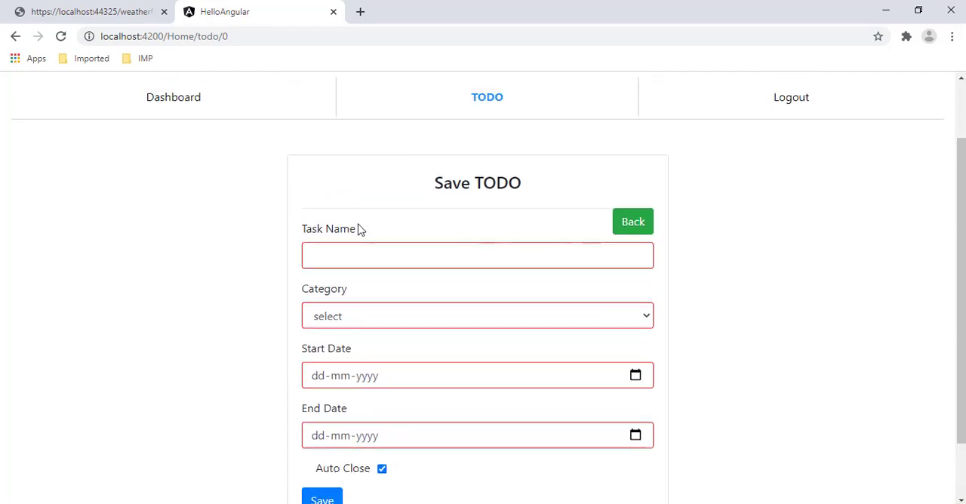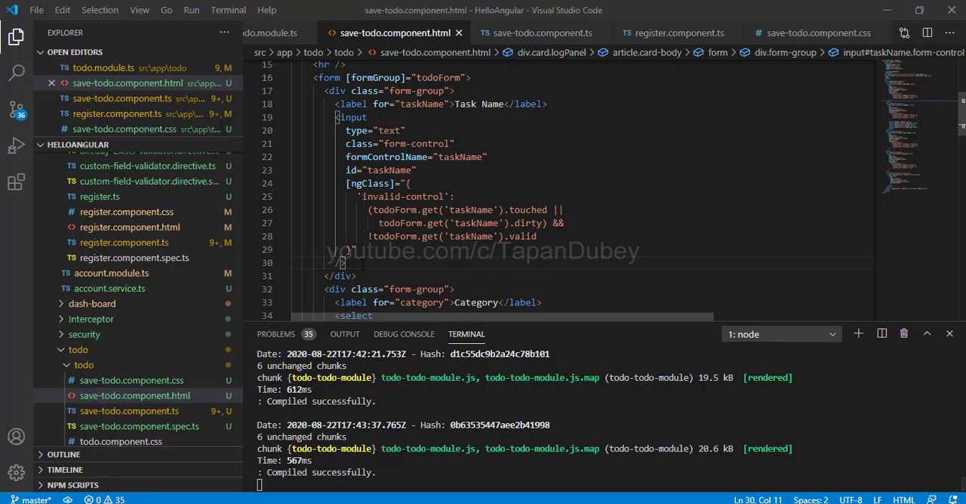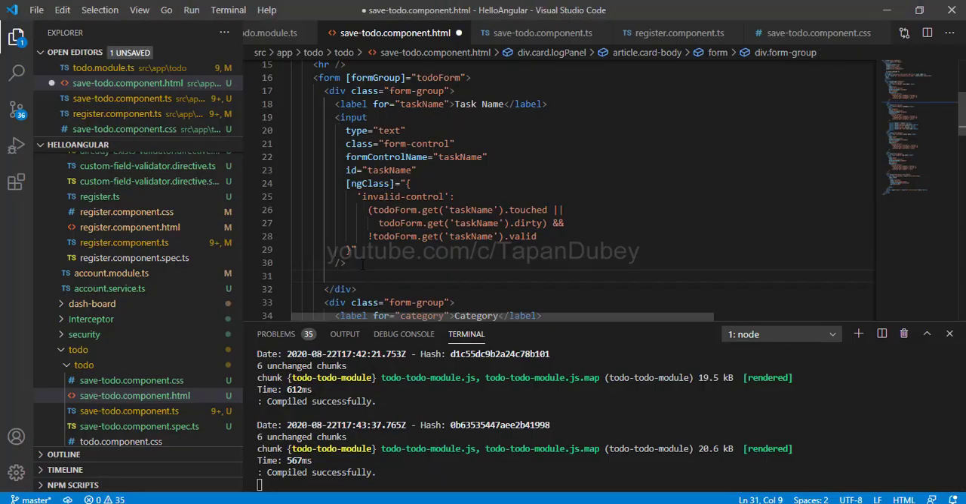But this is not user friendly. I'm only able to see the red border, but I'm not able to see what the actual error is. So I should see some error message. So let's work on that. So here I'm going to add one span tag,